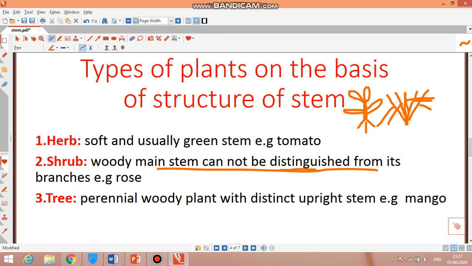No, because there is no distinction between the main stem and its branches. Comparatively, shrubs are larger than herbs in size. For example, in case of rose, you can see rose is a very common plant which is also